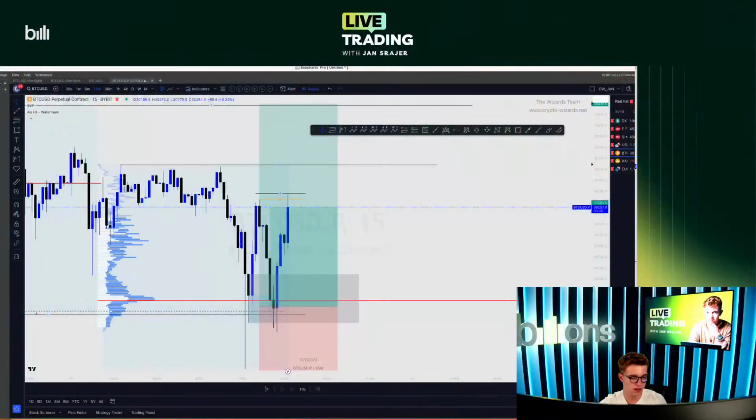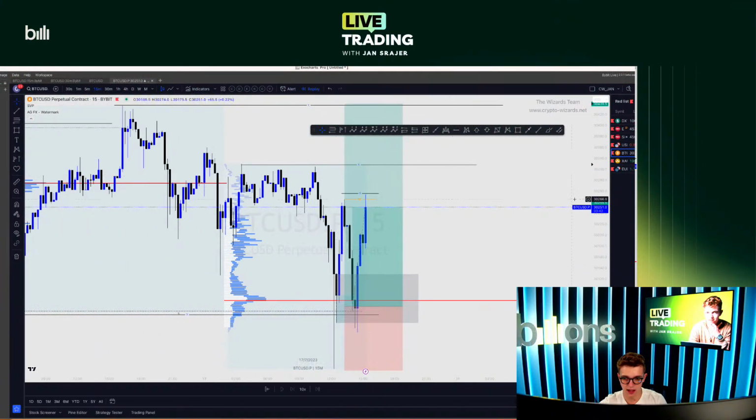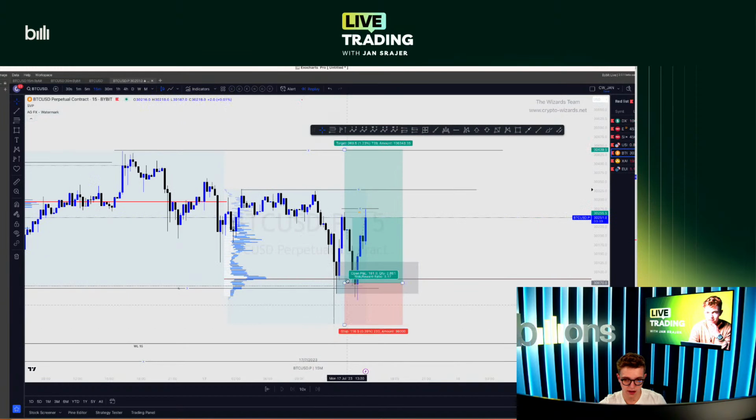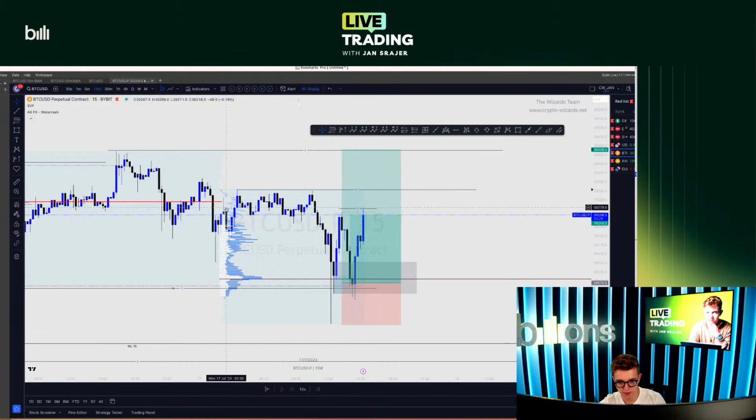So I have quite a strict trade management, how I handle these things. For me, it's the first important market structure point, which in this case, technically, we should be looking for the high here, because that's really the high that created this slowdown. This high didn't achieve anything. It didn't break through the low, but it also didn't achieve anything. It's like a weak market structure point, if that makes sense.